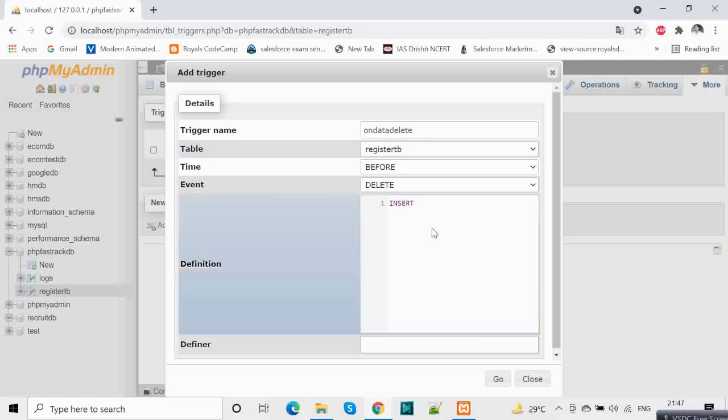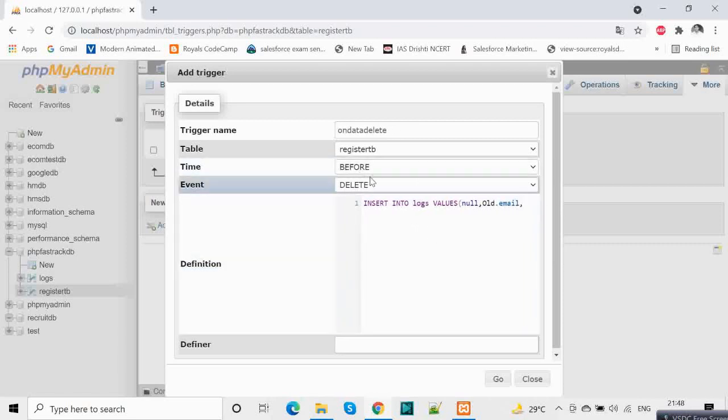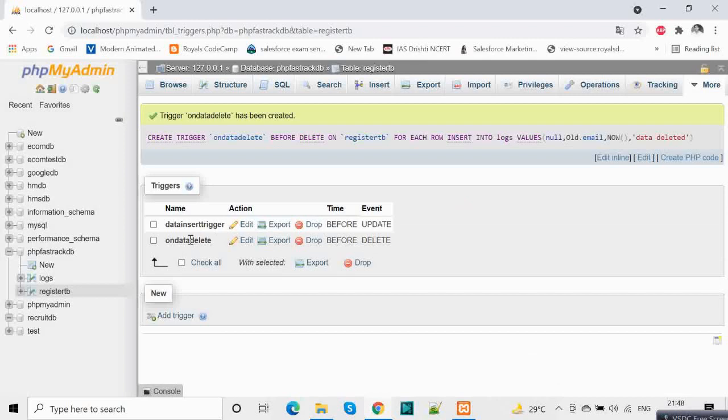And we will do insert into logs table values null, the old email, which is who made the changes, because we are using before, the timestamp which is now, and the type of operation that happened is data deleted. Let's save it. So we have this another trigger over here.